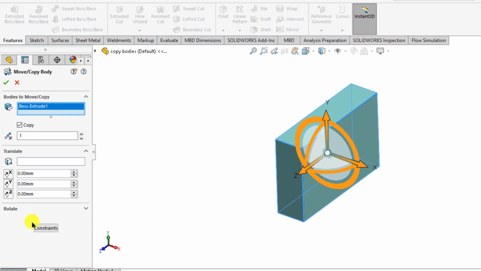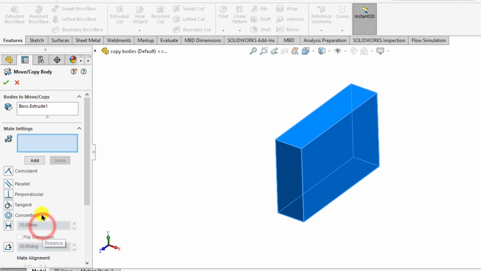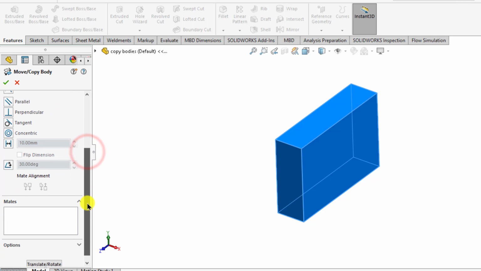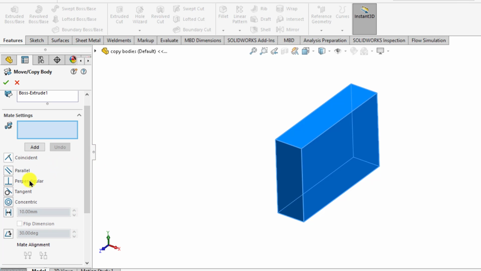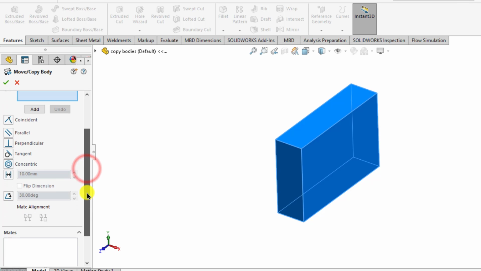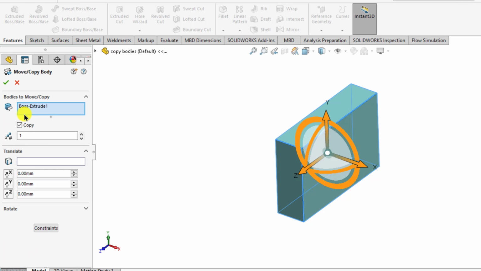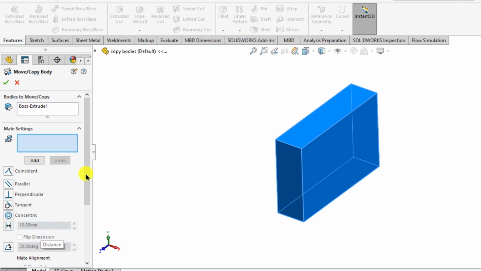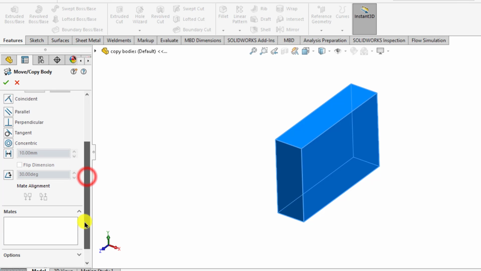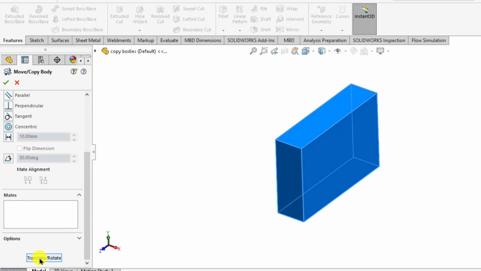You can see that there is Constraints. Constraint means that we can add different types of mates. If we click on Translate and Rotate, we will activate our copy option and the translate and rotate options. And if we click on the Constraint option, then the mate options appear here. So just click on the Translate and Rotate button